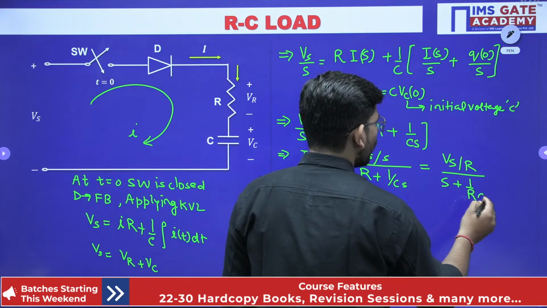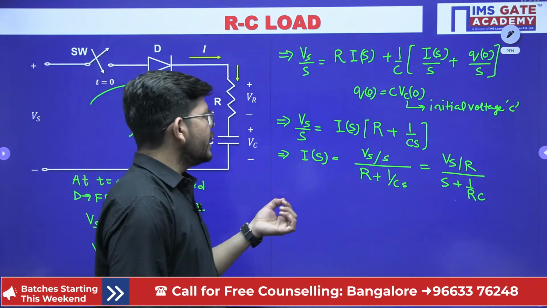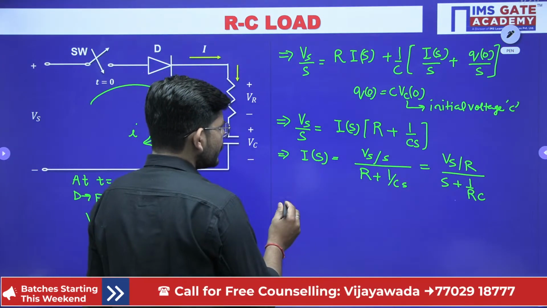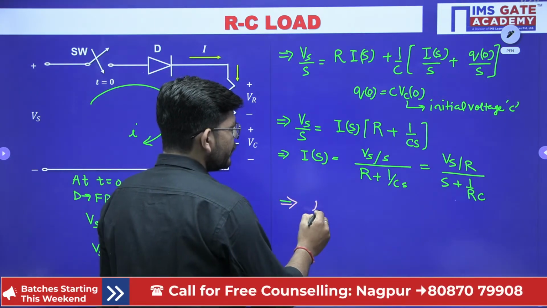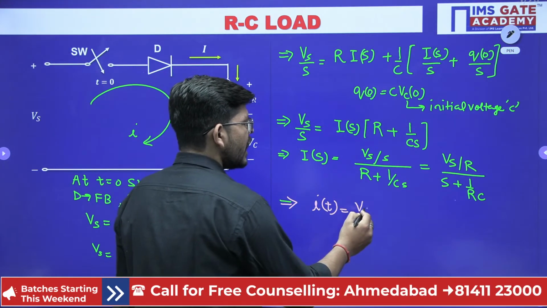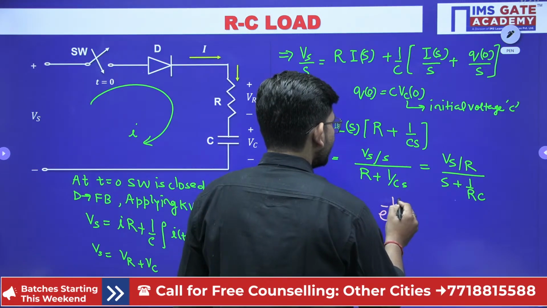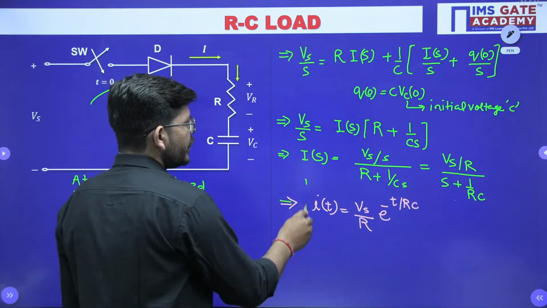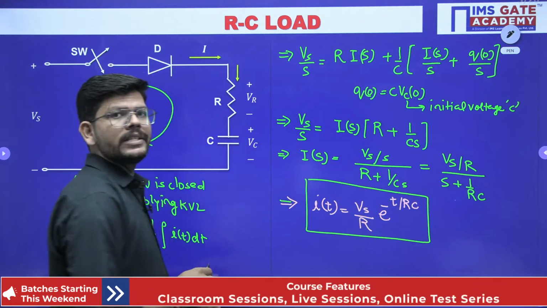If I solve this equation further, I get this expression. So what we have calculated is this much. Now if I take the inverse Laplace transform, it will give me the expression for current, and that expression will be i(t) = Vs/R e^(-t/RC). So this is the current expression in this circuit if the capacitor has